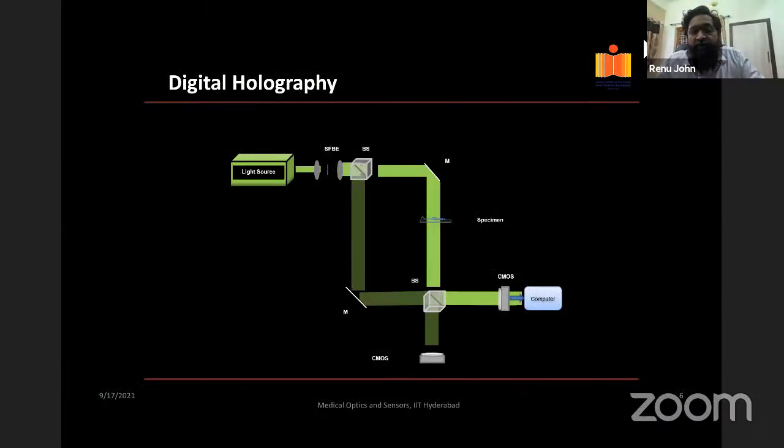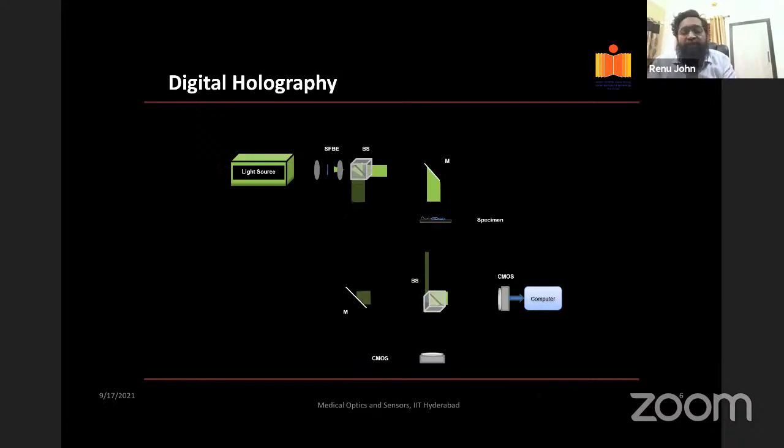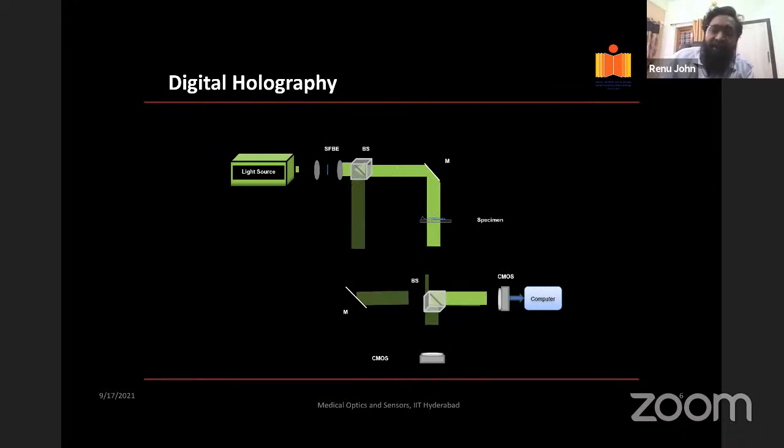The holographic principle, or holographic microscopy, is essentially based on this. We have a Mach-Zehnder interferometer typically, and the two beams interfere. One of the beams is passing through the sample, and the other beam is the reference beam, and they interfere together at the camera. And so now, instead of a regular holographic film or a recording film, we use a digital camera. So the intensity recording happens on a digital camera,